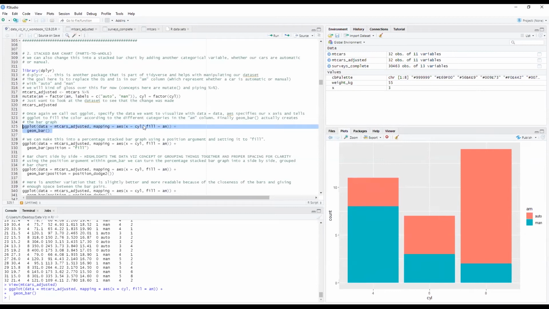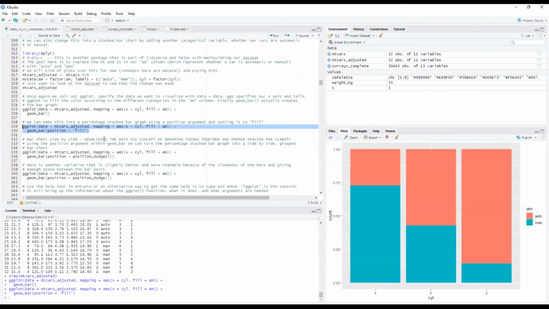So you can see just this one change, this one argument, this fill argument, I can quickly create a stacked bar chart like this. I can change it into from 100%. So there's just one key difference here. I'm going to run this right for you. It's an argument within geom bar. So this is an argument where you're specifying the position to be fill in order to get this 100% bar chart. And one of the questions you might be asking is, okay, how do I even know that? That's very specific. I need to maybe look into geom bar, see what arguments are available to figure this out.